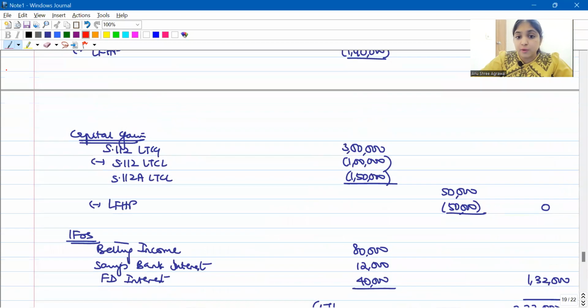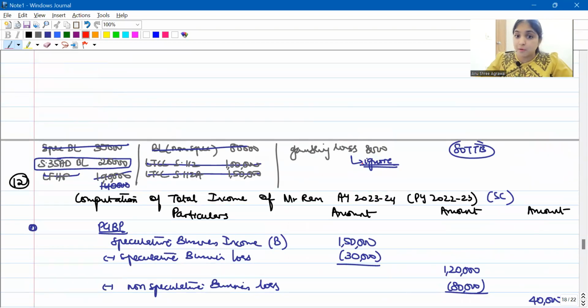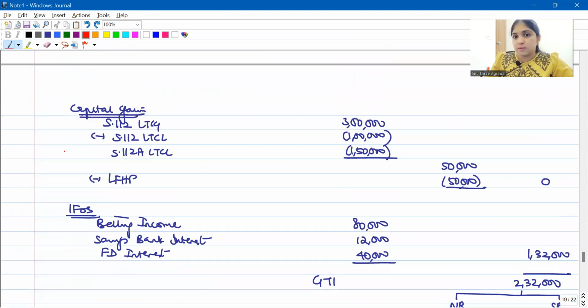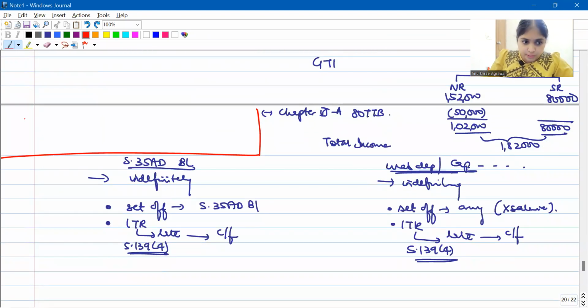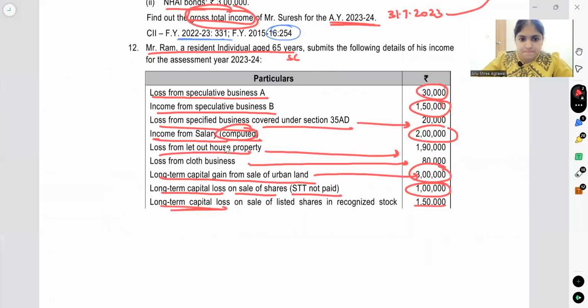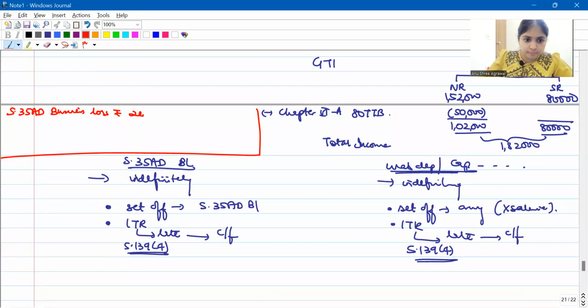What are the losses that we're going to carry forward, guys? We've already spoken about it. Gambling loss, we have to ignore. Only 35AD business loss we will carry forward. So write down over here, section 35AD business loss, rupees, what's the amount? Here, 20,000 shall be carried forward indefinitely